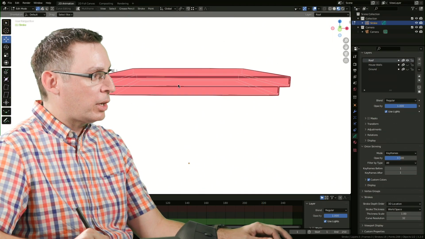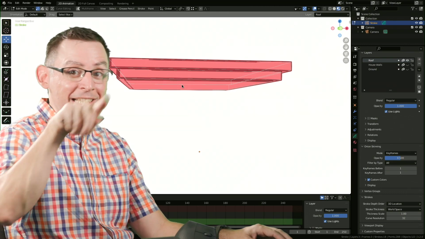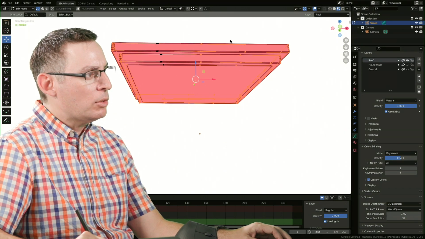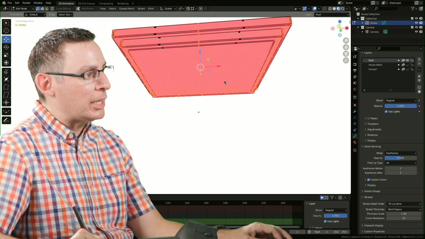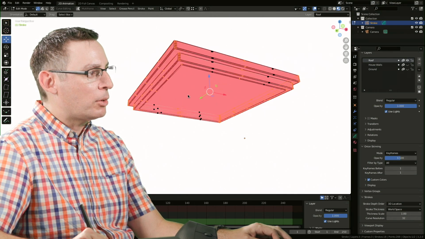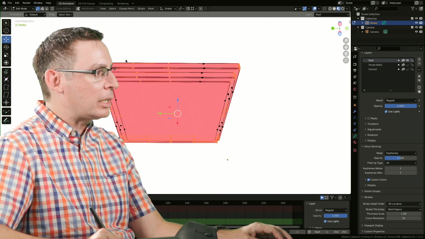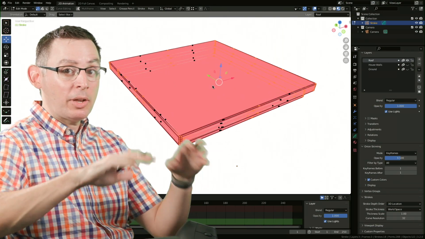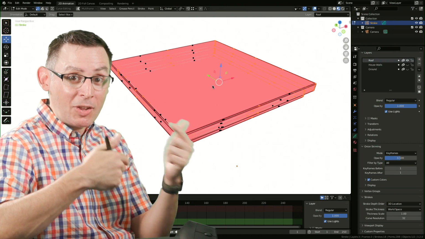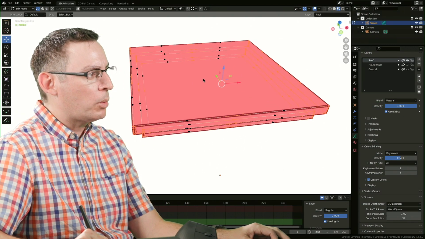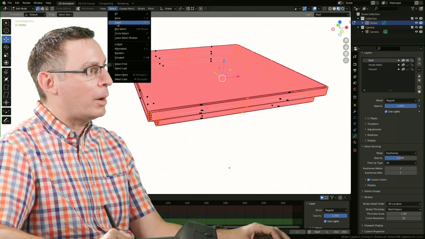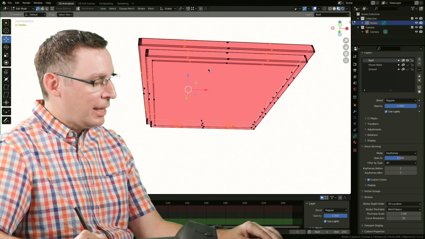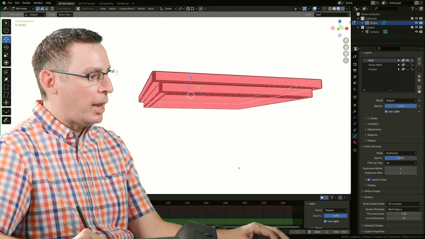Let's go back into my vert selection mode, and I'm going to hit the A key to select everything. And the reason I'm doing this is so that I can very easily see the ones and deselect the ones that I want to delete. I know it seems counterintuitive. Why are you deselecting the ones you want to delete? Well, check it out. Sometimes it's easier to select everything and then to go back in and deselect just the couple that you don't want to work with, because I could always invert my selection, which is automatically going to select all the ones that I'm looking to delete. Hit the X key, dissolve, boom. Now I'm where I want to be.